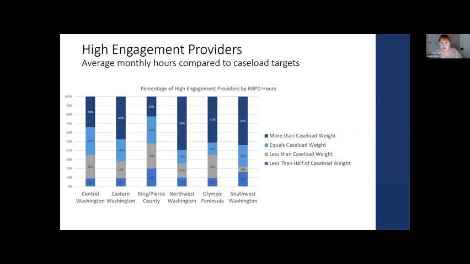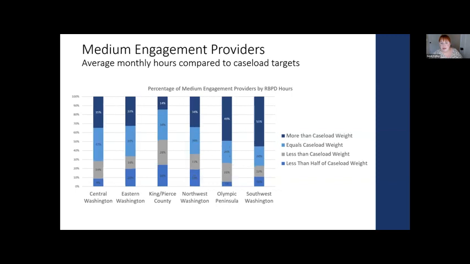And then this was just for the highly engaged providers. Here we have the medium engaged providers, and whether they received more, equals, or less compared to their caseload weight. There wasn't a whole lot that stood out to me about the differences.